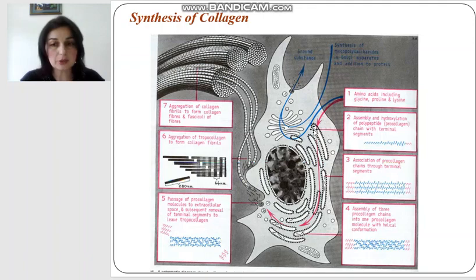In the rough endoplasmic reticulum, the next step will take place: glycosylation and hydroxylation. Here we have to mention that the hydroxylation of these molecules will need vitamin C as a coenzyme. That's why if there is some deficiency of vitamin C, it may lead to scurvy, a pathological condition,